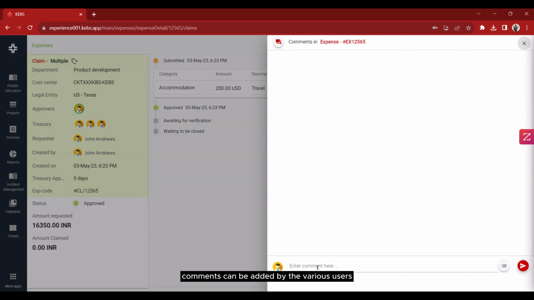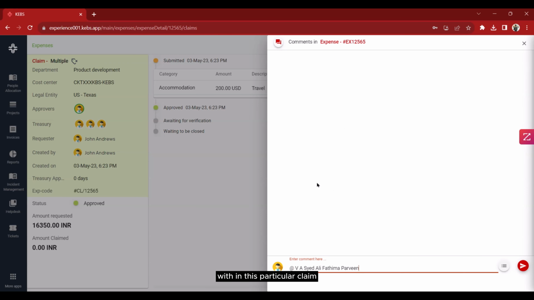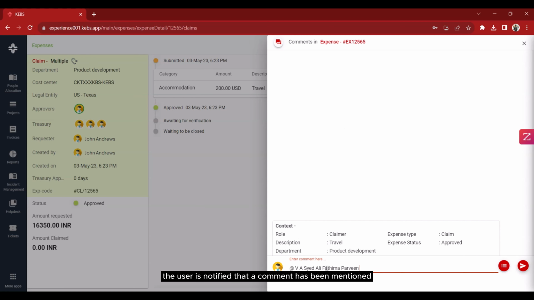Comments can be added by the various users who are involved within this particular claim. Context can also be added, and if the user is tagged, the user is notified that a comment has been